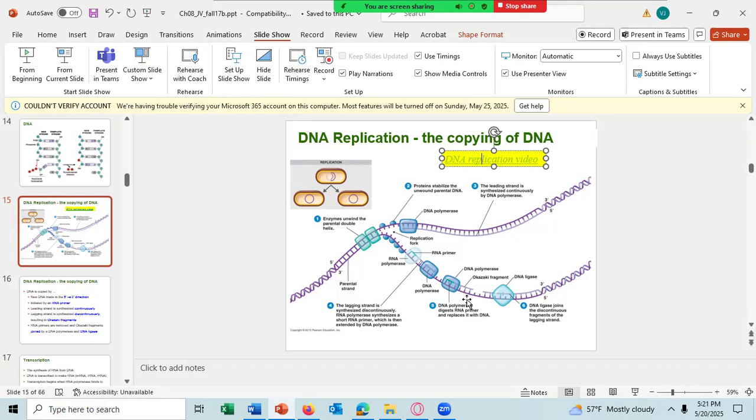Let's see. So I talked about the leading strand of DNA. I talked about the lagging strand of DNA. I talked about the helicase, which opens up the two strands of DNA. DNA polymerase makes the newly replicated strand using the template, the old strand of DNA. And then the third important molecule is the ligase, which will link the broken pieces on the newly replicated DNA